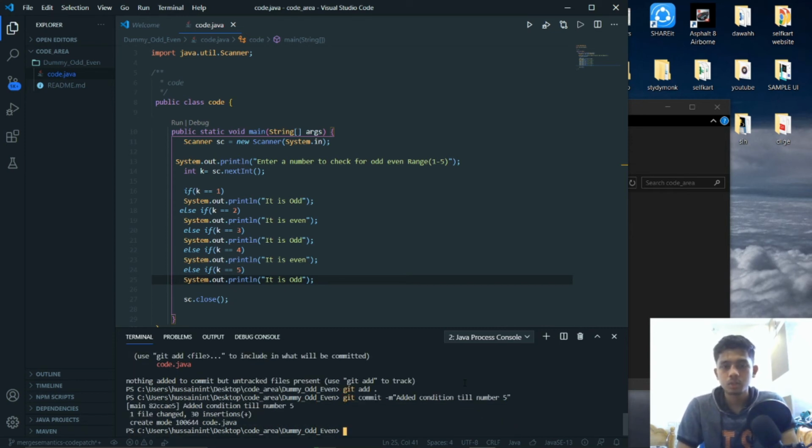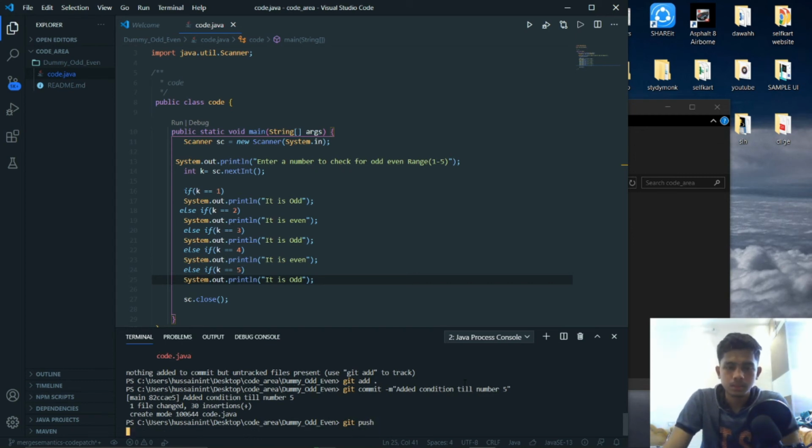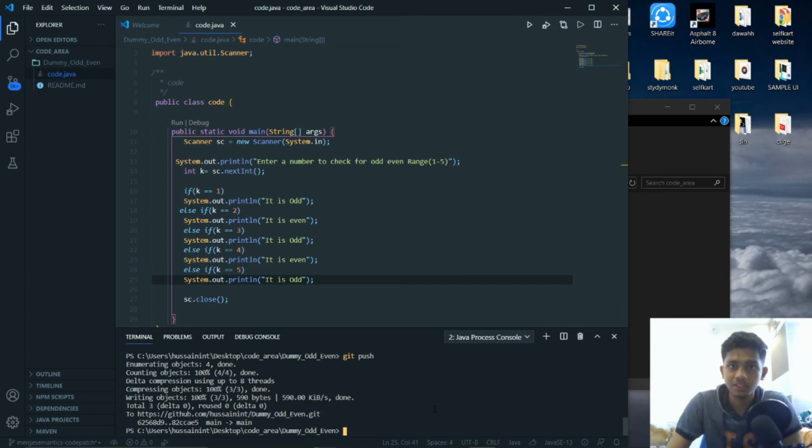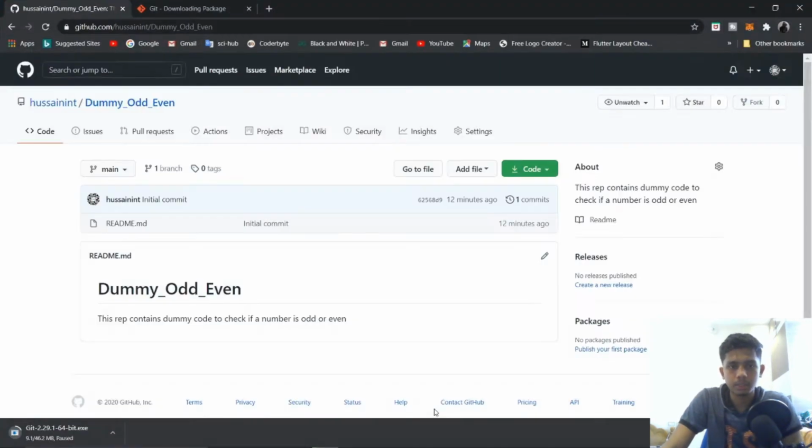Now what commit will do is it will connect it with the repository in our GitHub, and we'll just give git push. So git push will update our files and folders, our changes, our deletions in our website repository.